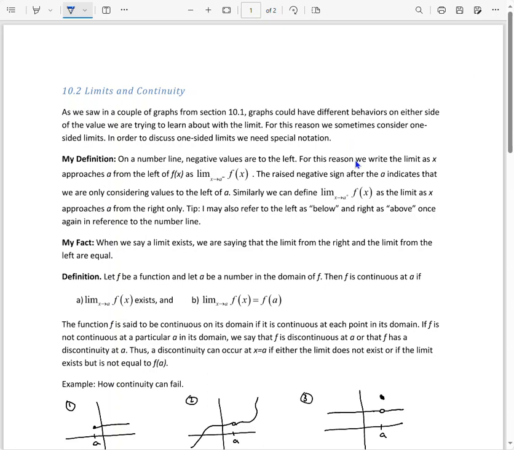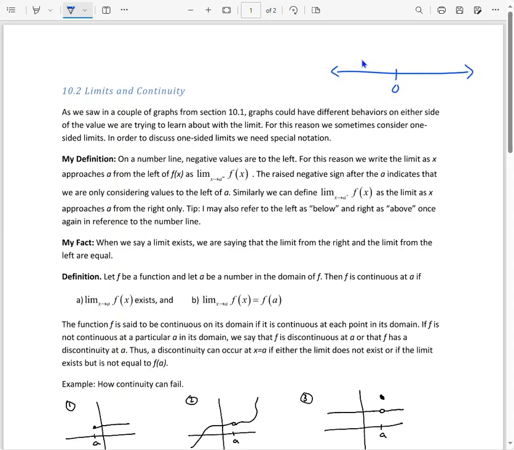But as we saw in a couple of graphs from the limits numerically and graphically, graphs could have different behaviors on either side of the value we're trying to learn about with the limit. And we talked a little bit about the limit from the left and the limit from the right, but I'm going to put a definition in here just to make sure, now that we've used it a little bit, we understand what's going on. On a number line, any number line,